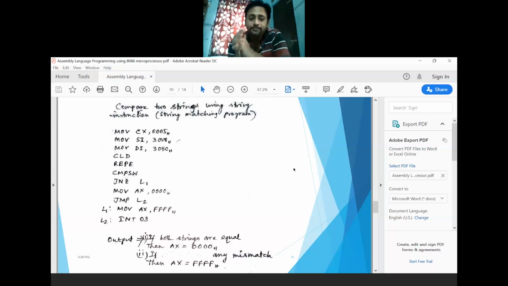So here, assume 5 data bytes are available in two different strings, initialized by the SI register, like here in this case MOV SI, 3000. That means the 3000 memory location is there, and in the DI register, 3050 is the starting memory location. So there are two strings.